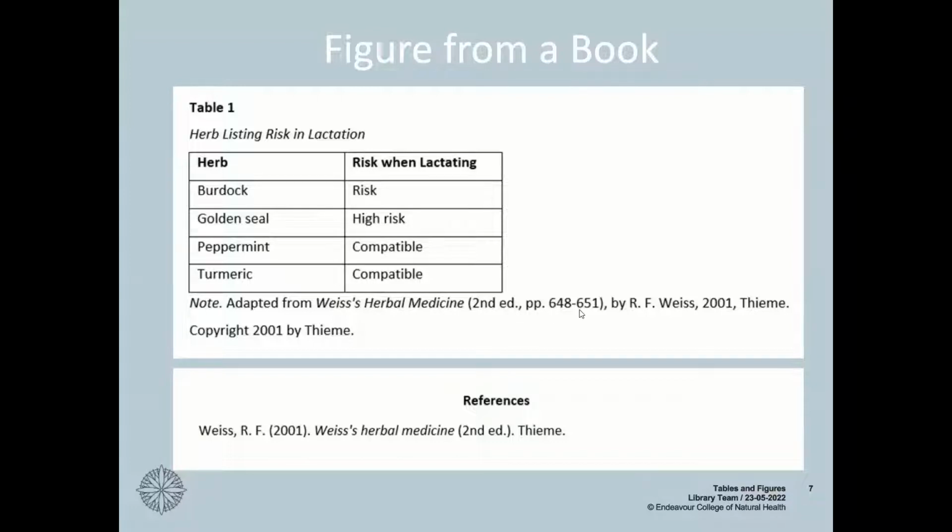The page or page range. Like I said, I adapted this from a couple of different pages. So we have a page range and pp. to denote that there is a page range here, followed by that range, close brackets and a comma. Then exactly the same as our journal reference, we have by, the author initials, and then their surname. If there was any more authors, we would include them along here. But this is just a single author, so we only have one. Then a comma. Then the date of publication, a comma, the publisher that this book was published through, and then we have the copyright information. And the copyright information reflects the date of publication and the publisher.